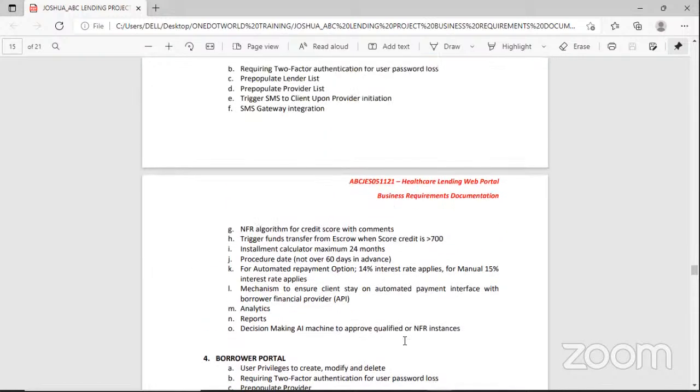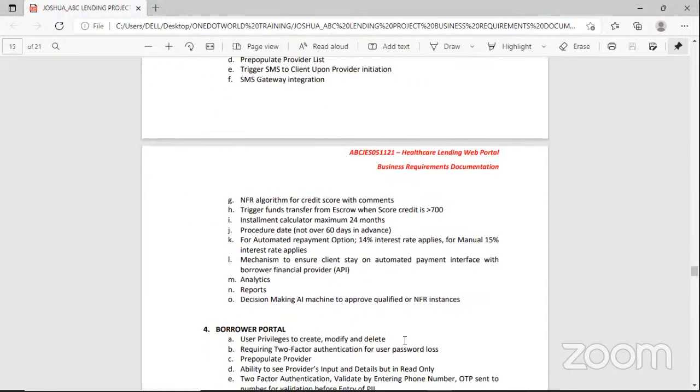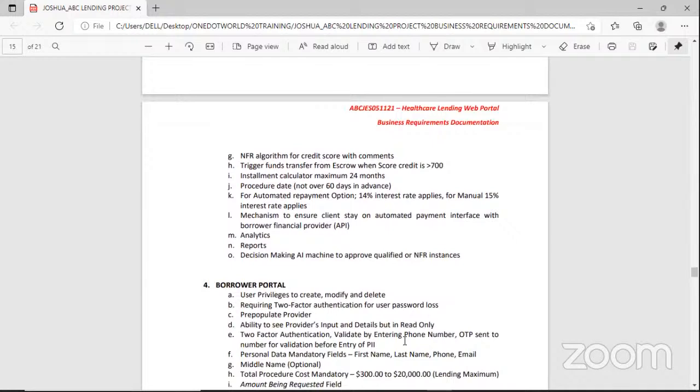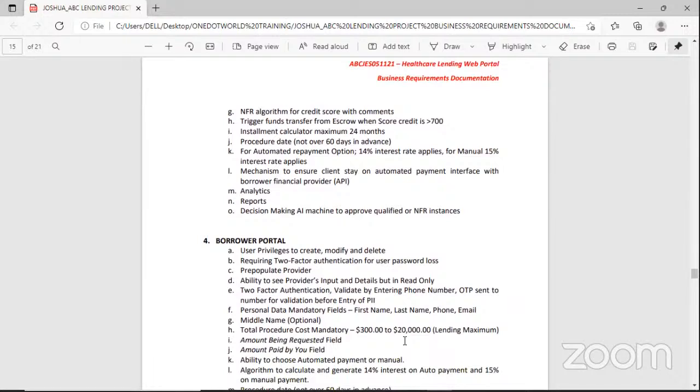And then in the servicer portal, you can see that there'll be an installments calculator that, from elicitation, I realized that my client wants a maximum of 24 months for payment of the funds. And then the procedure dates window, within which clients can have the fund releases: the procedure should not be over 60 days away.